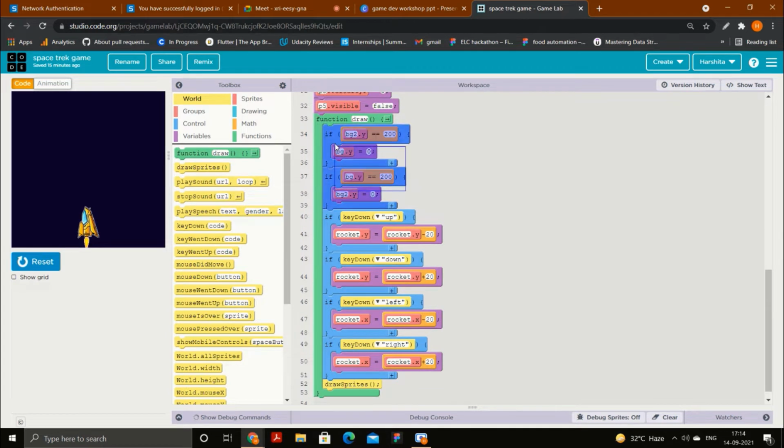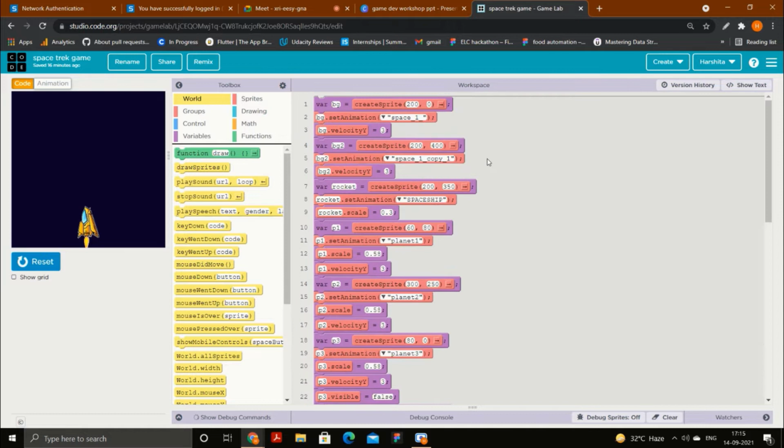If I talk about the logic, I already explained the logic to you in the previous workshop. The logic of this part is absolutely correct. There was no issue in the logic or in the code part. But there is a glitch from the platform side itself, and I already told you this.